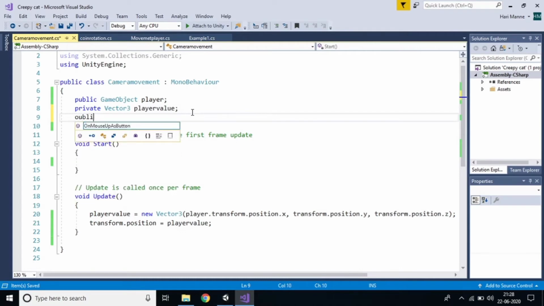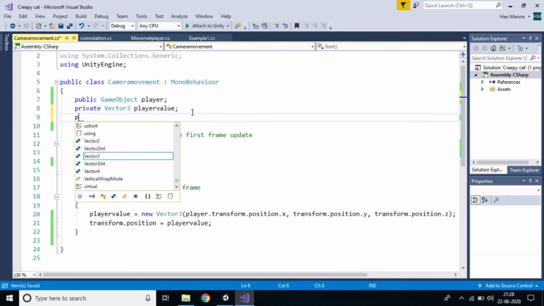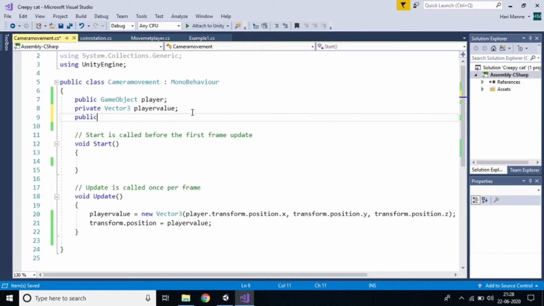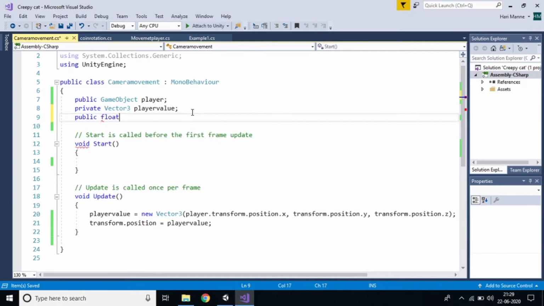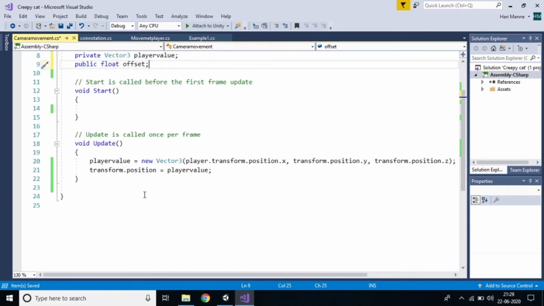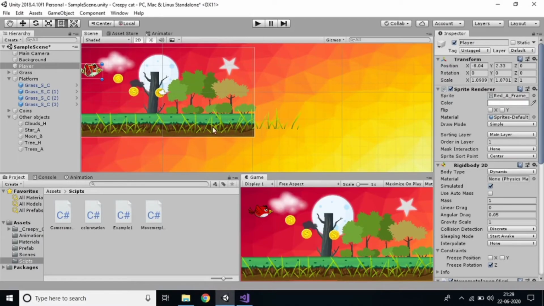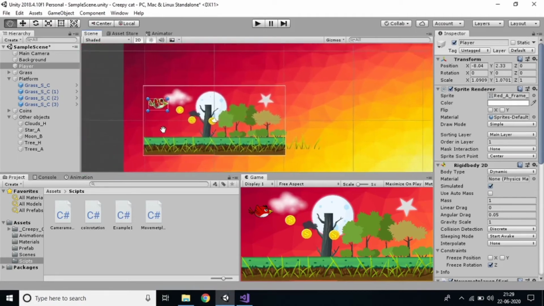Just make it public float. Of course it's a float. The value you can call offset. So now my task is, if the player is moving, the offset value should come here. I'll increase by one and say that.